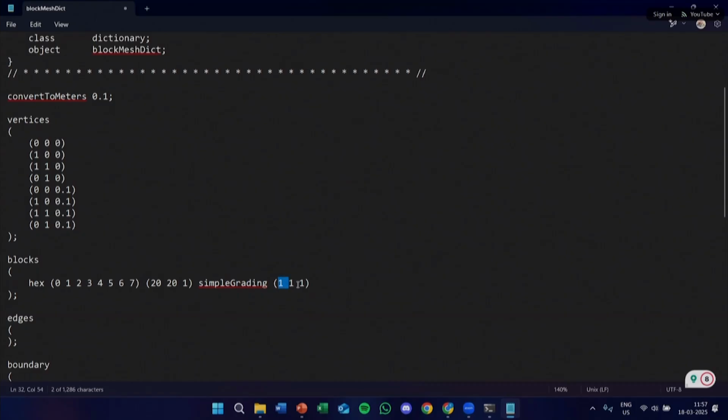Can you repeat what you have said about the simple grading part for the inflation layers, like how you are